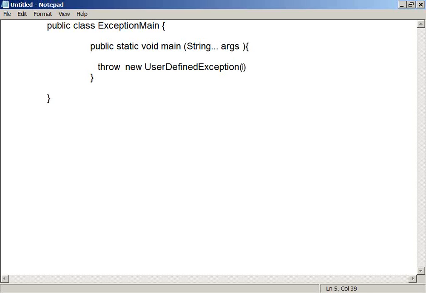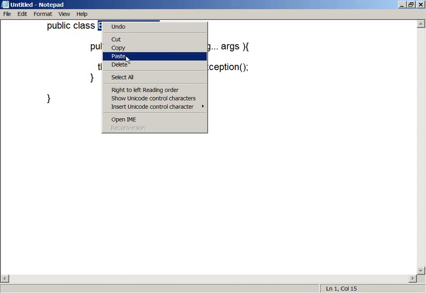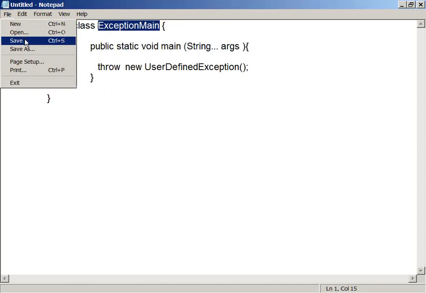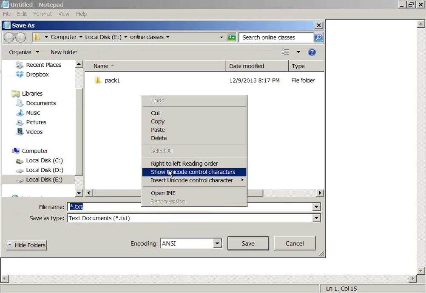Right, so what type of exception is it? It is a checked exception, because it is directly extending from the Exception superclass.